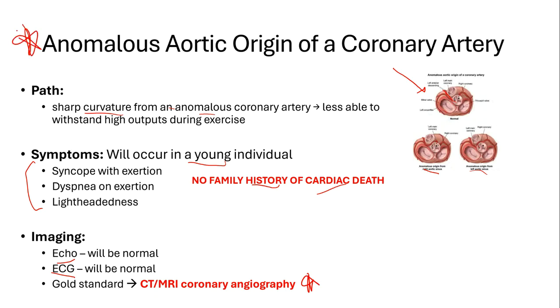You're looking for someone who presents just like Holcomb. They do not have a family history of someone less than 40 years old with sudden cardiac death, and their imaging will all be normal. The way that we diagnose this is we look at their blood vessels with a CT coronary angiography, or we compare it to Holcomb and we know what this disease is now. Let's go over one last high